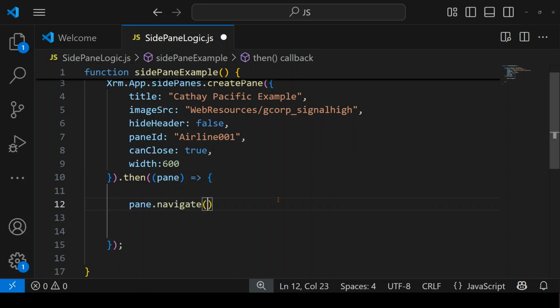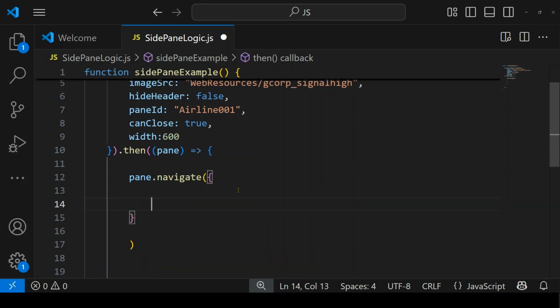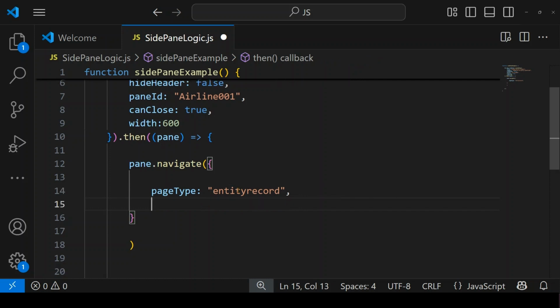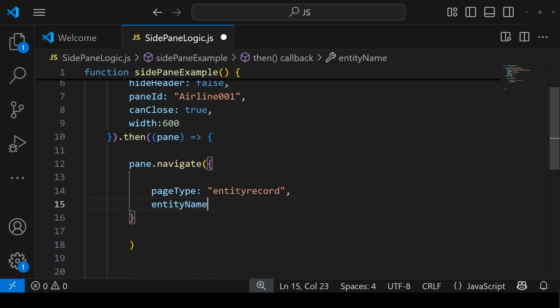So again, just like the previous example, we just pass the object, pageType colon entityrecord. We want to show just one record, right? And what is the entity name? What is the name of the table? Now the name of my table is airlines, but we need to specify the internal name. So the internal name is gcop underscore airlines,